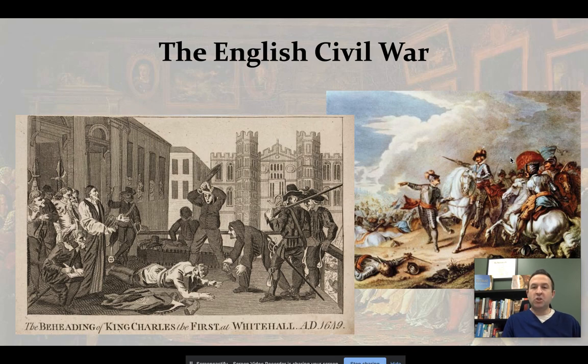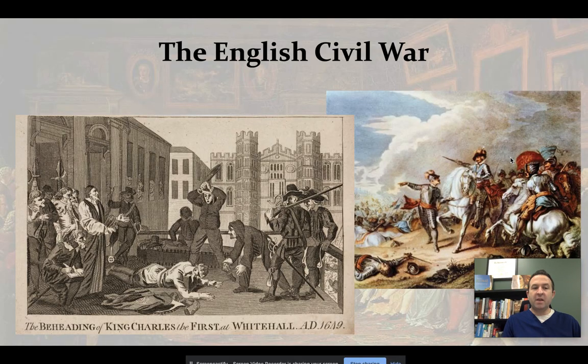And the Civil War broke up into two different groups. On the one hand, you have what's called the Cavaliers. Cavaliers support the king. They're usually clergy or supporters of the Anglican Church, the old gentry, nobility, eventually Irish Catholics, because even though the Irish were often not treated very well by England, they were at first Catholics, and they were more fearful of Puritanism than they were of Anglicanism. So on the one hand, you have the Cavaliers, who are your clergy, supporters of the Anglican Church, the old nobility, and these Irish Catholics.